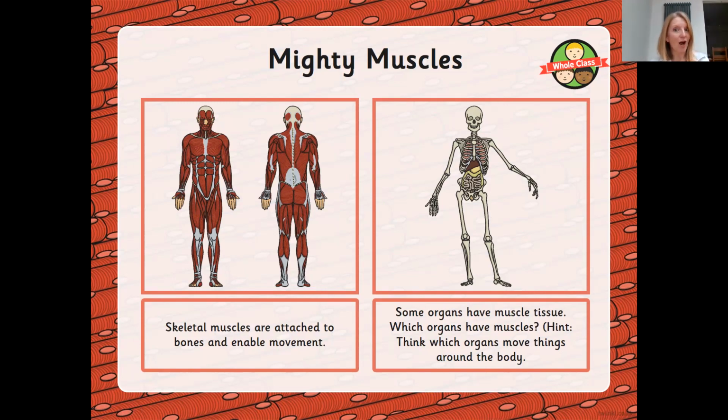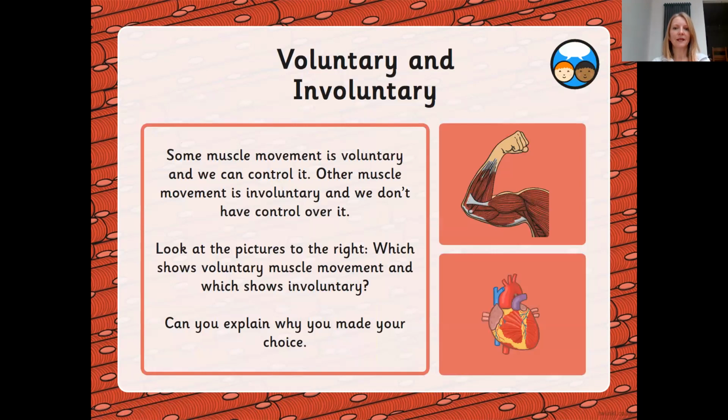So definitely your heart. Your heart is a big pump, and actually it is mainly muscle. So that is pumping blood around your body all of the time. Also, your intestines and your stomach have a muscular lining that actually squeeze the food around your body. Another thing that your muscles can do, sometimes they move automatically on their own, and sometimes you want them to